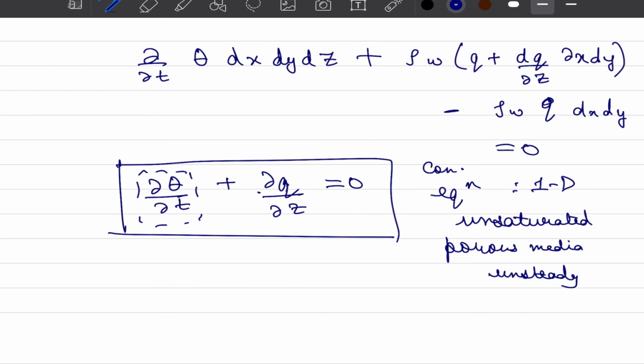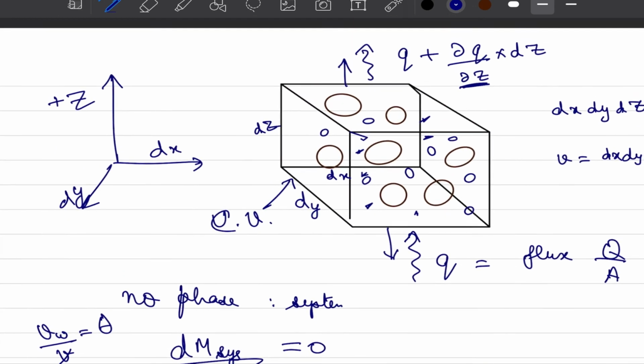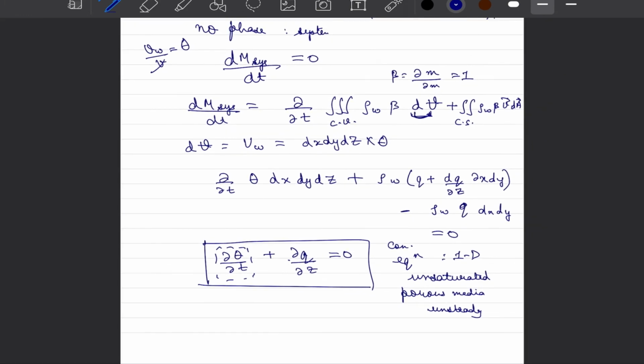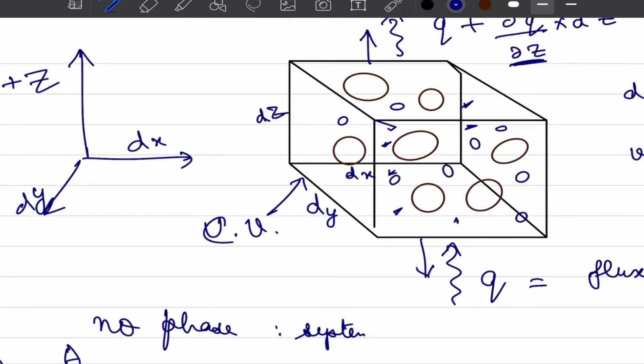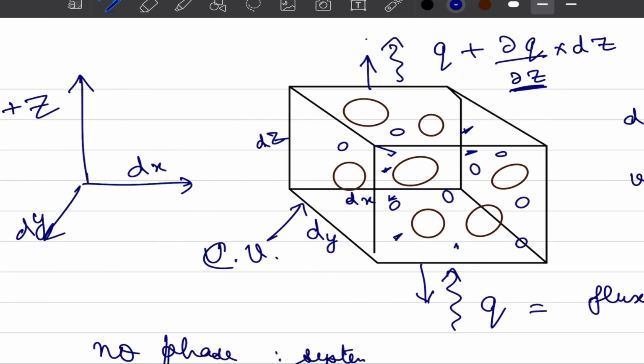And this continuity equation is applicable in a wide variety of applications whenever we deal with subsurface flow, and we will put this to use when we deal with the flows in aquifers or try to understand how water flows into the well. And if you look at this equation carefully, we can write this as del q by del z as minus del theta upon del t. So if our del q by del z is positive, that would mean that water is entering with quantity q and some positive value is leaving out.